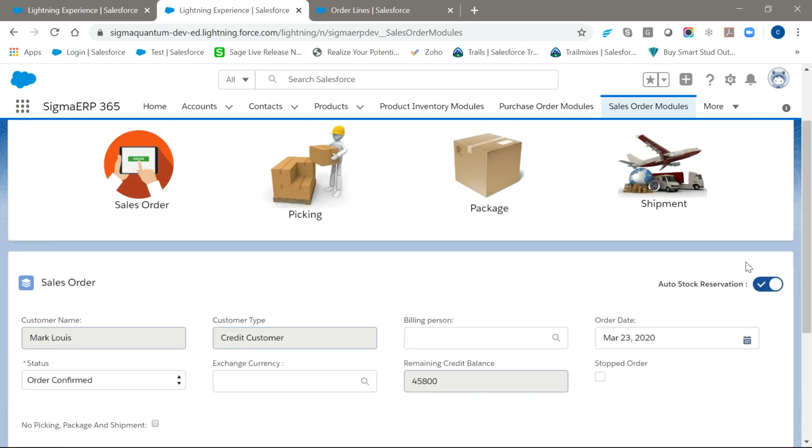So we can just opt to have the auto stock reservation on, in which case, after converting the stock, in case of a BOM product, when I have the stock in place and this auto stock reservation toggle switch on, the system automatically allocates the stock. And then we can just directly continue with the picking process.